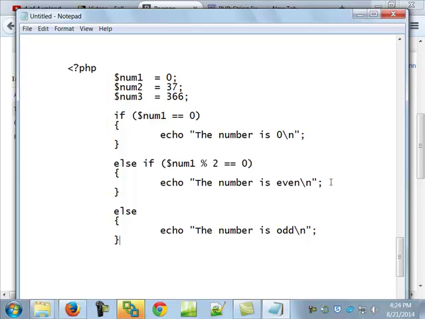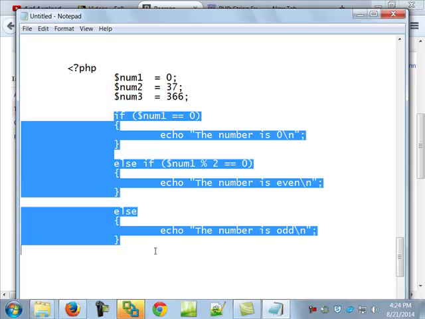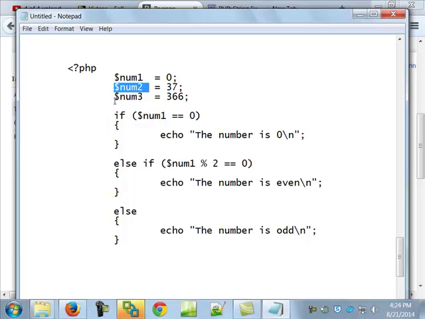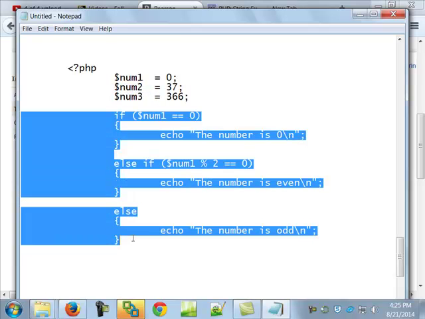Okay. So if we do that, what we're going to get to later when we go over the function chapter is we're going to do the same thing 3 times. So I could put the same exact code in there and then change that to $num2 and that to $num2, etc. I could do that. Or I could write what's called a function where I write a routine and then just pass it in this, or pass it in this, or pass it in this. So it'd be less code. But the way that this is written right now,